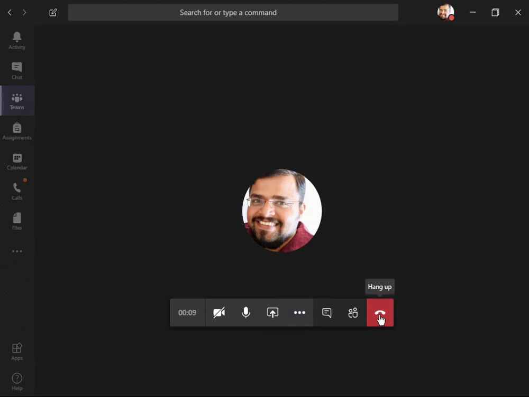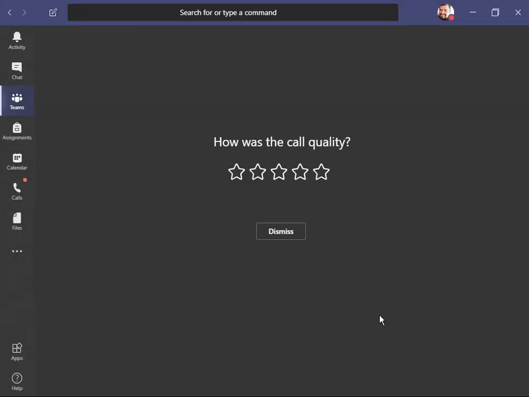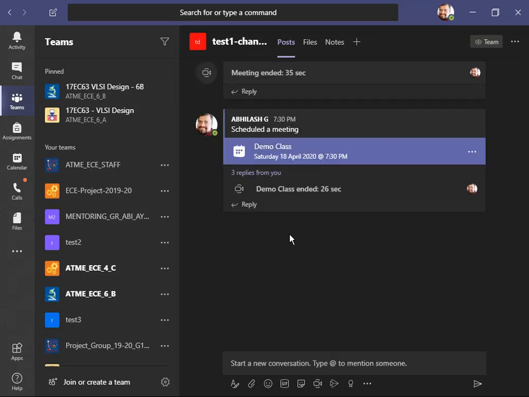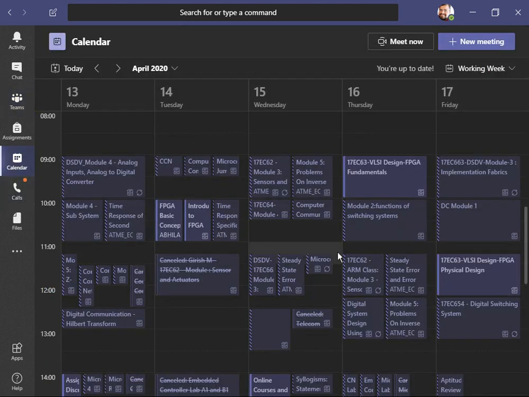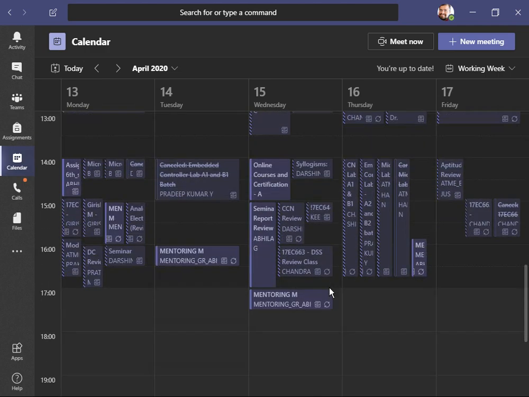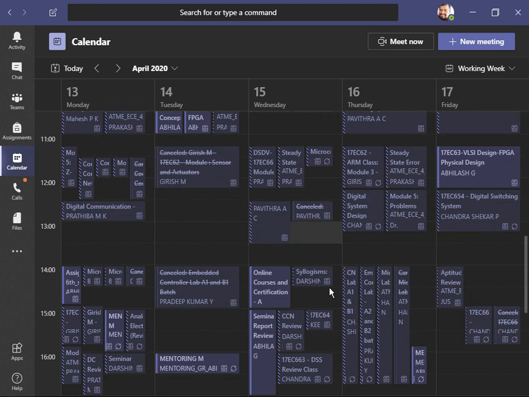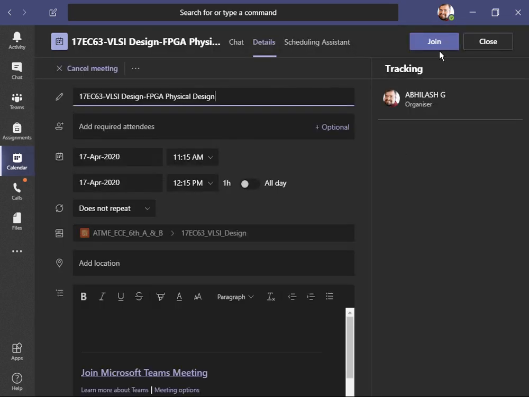So this is a short overview of taking class on Teams using meetings. Before we end the session, let's look at the calendar again. I just scheduled a meeting. All of the meetings will turn up in the calendar, and whatever scheduling we have done, the easiest way for any student to join a meeting is to go to the calendar and join the right class. So he knows that this hour he is going to have such a class. He goes to that class and opens the meeting, and there he gets a join button, so he can directly join.